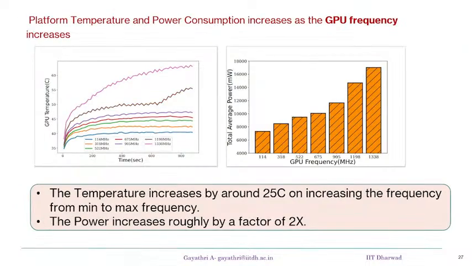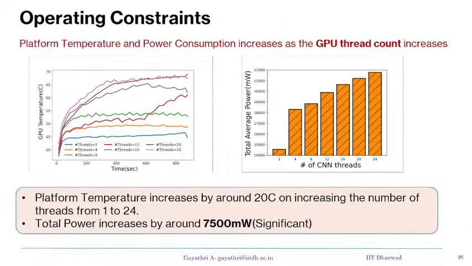The second constraint is how the number of threads increases the power. Similarly, frequency, because your dynamic power is alpha C V squared F. So increasing the frequency will increase your power, which will increase the temperature. Now if you run your GPU always at the highest frequency, you always consume higher power. So the question is, do you really want to run at the highest frequency possible all the time, and do you want to run all the time with 24 threads,